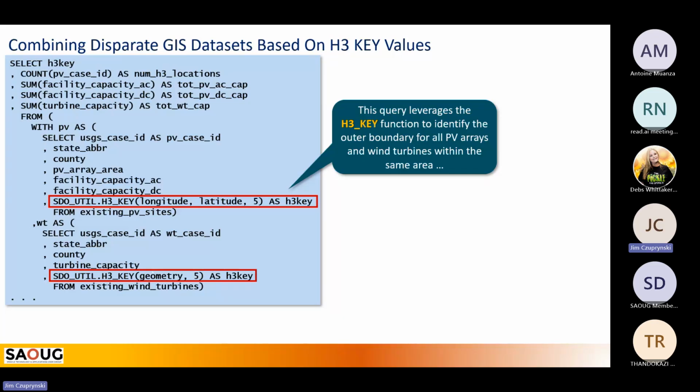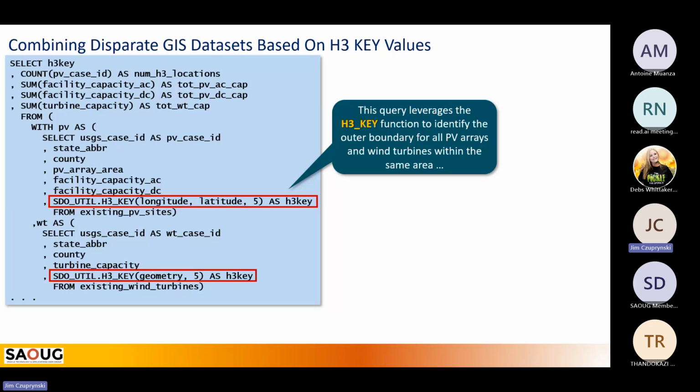I've got 2 different sources here. If you take a look, I've got existing PV sites and existing wind turbines. Totally different tables. However, because I know their latitude and longitude, how do I know that? From the geometry data type, the SDO geometry data type in each one of these cases.